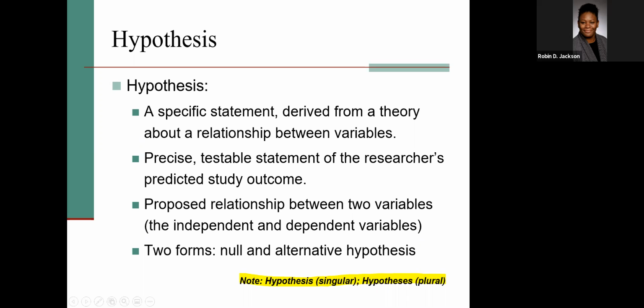Now, what happens is this, with regards to hypotheses, it usually involves proposing a possible relationship between two variables, the independent variable and the dependent variable. Remember, the independent variable, this is what the researcher changes. And the dependent variable, this is what the research is measuring. So in our example,